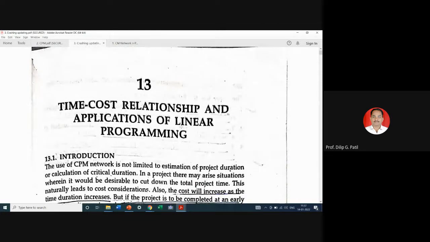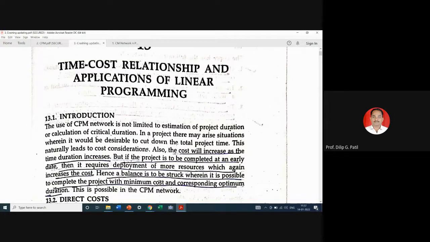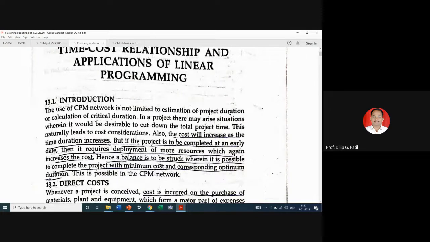So we will see why we need to do crashing, or complete the project duration in lesser time, or when actually we require to complete that particular project in lesser time. We hear about crash courses or some